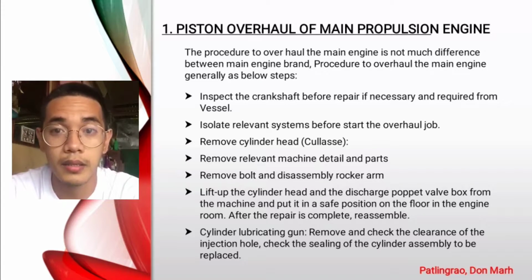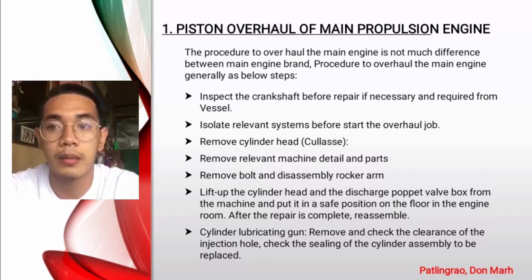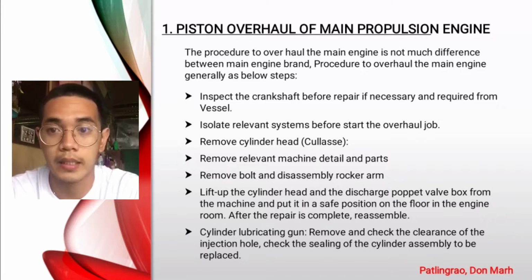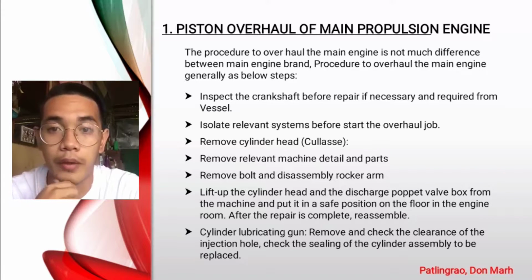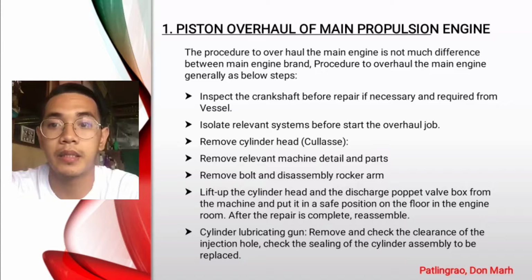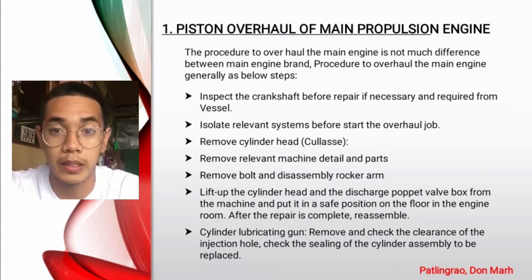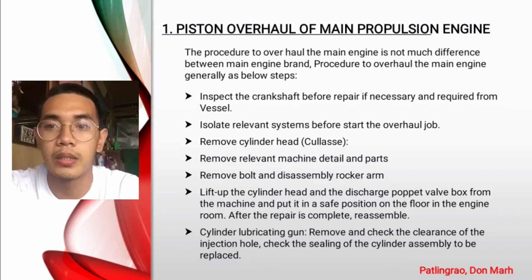Second is to isolate relevant systems before starting the overhaul job, like removing the cylinder head and relevant machine details and parts. Remove the bolts and disassemble the rocker arm, lift up the cylinder head and discharge the poppet valves. The machine will be put in a safe position on the floor in the engine room. After the repair, it will be completed in reassembly. So next,